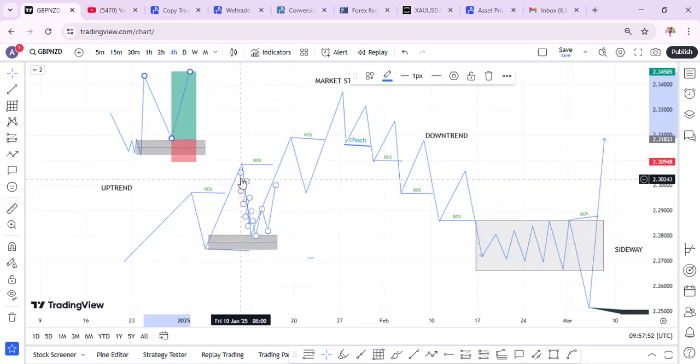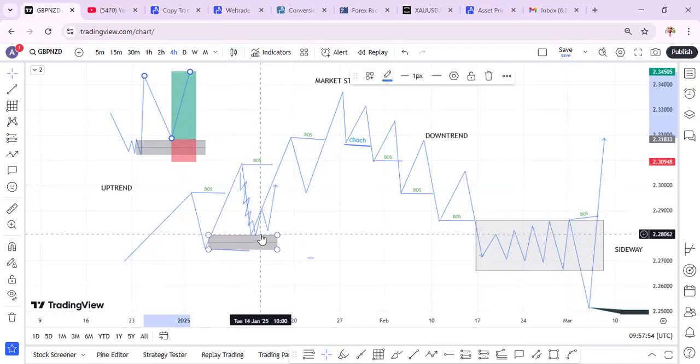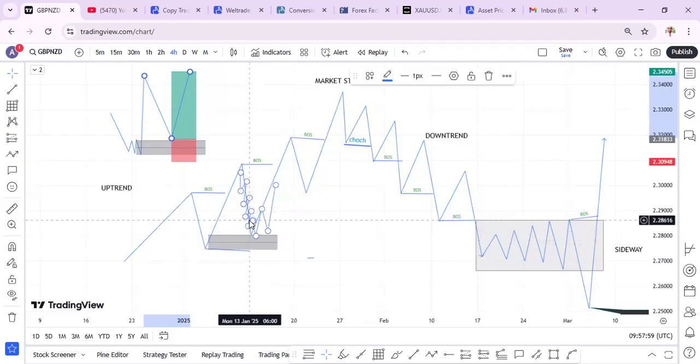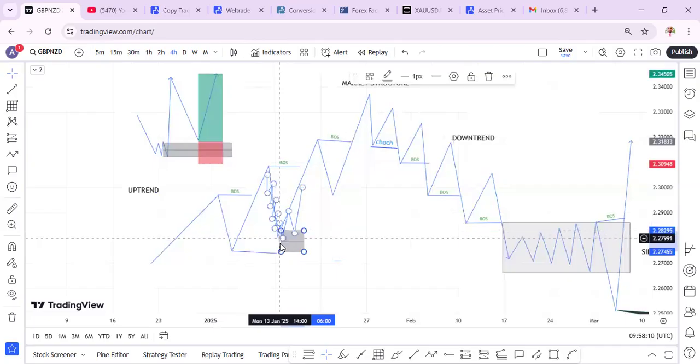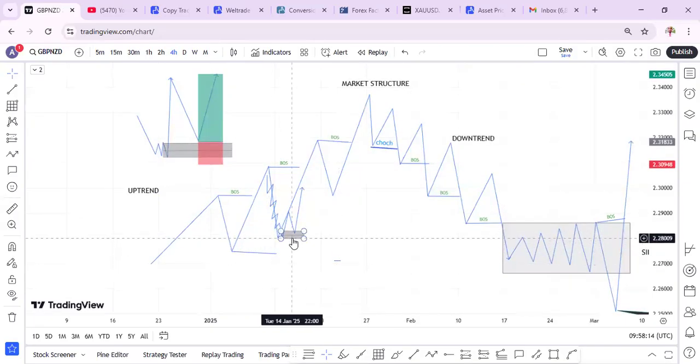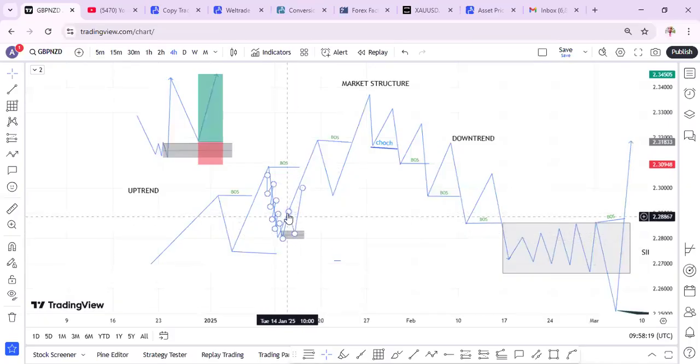Then, the advantage of this is that it's a confirmation. Once price enters your POI and changes character, after the break, after the change of character, you now use the order block, the demand of the change of character. This will now be your trade. So this is a confirmation that price has changed from the downtrend to an uptrend